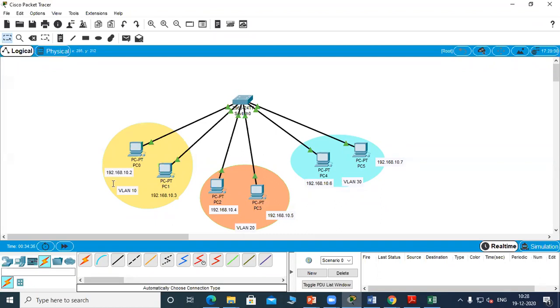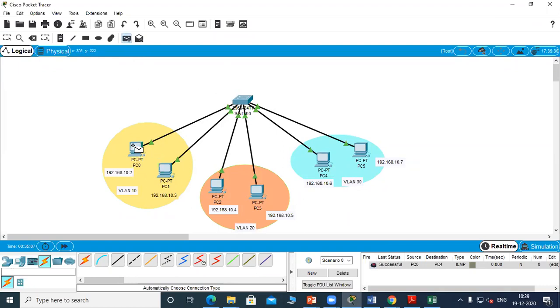So we've just configured the IP addresses. We don't require a gateway because we're not connecting it to a router. This is just a simple example to show how VLANs can be created using a switch. I'm making all of them the same network ID, in one network. We have different hosts. Now in the switch, what happens? All the packets are broadcast. So we can send a message from one host to any other host. You can see PC0 to PC4 is successful.